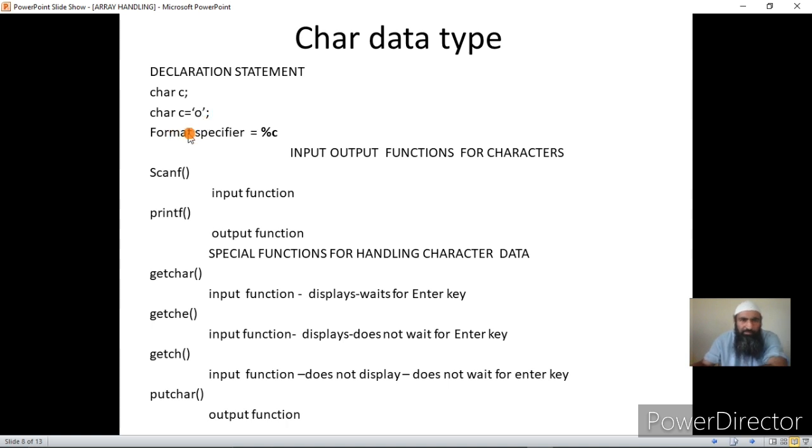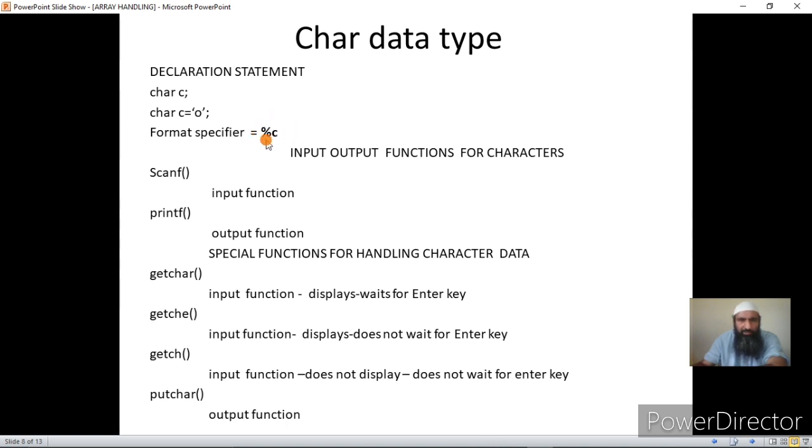Now, the format specifier for the character data type is %c. We already know that the format specifier for integer data is %d. But for character data, the format specifier is %c.